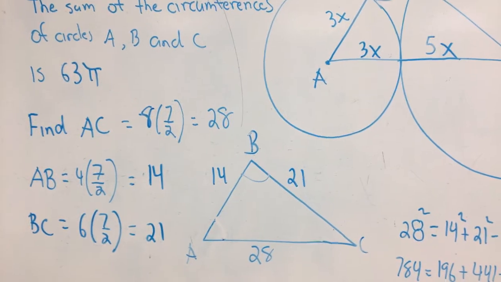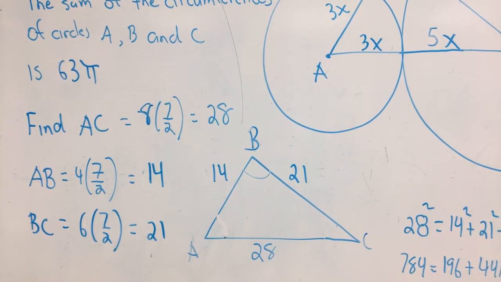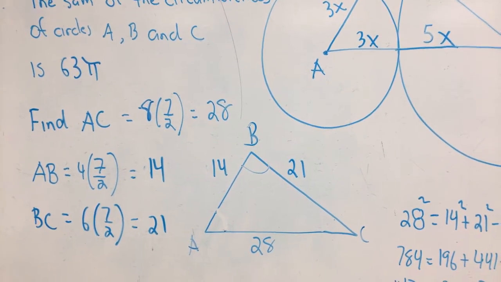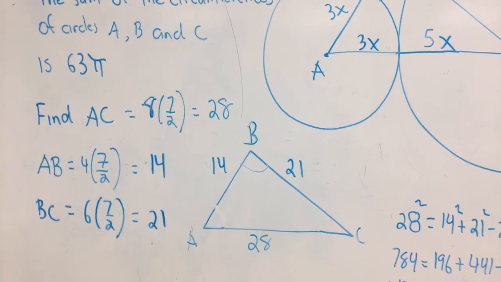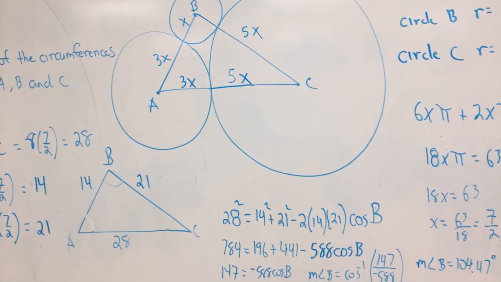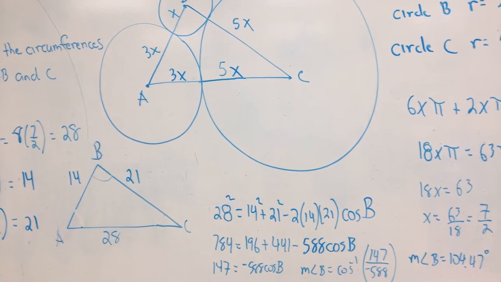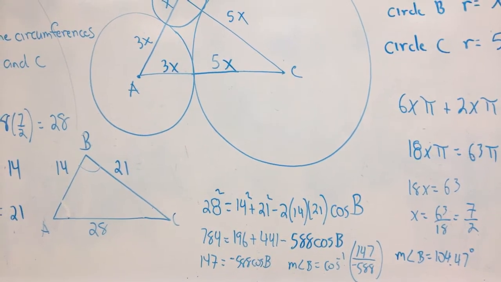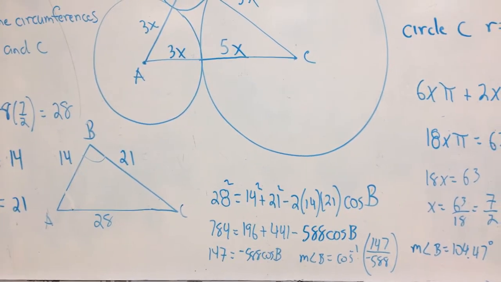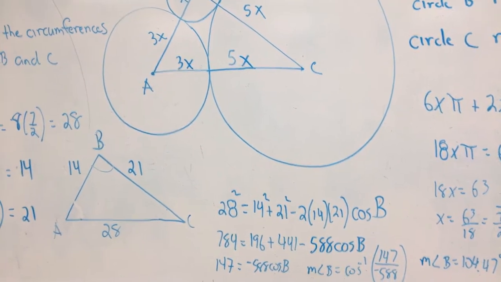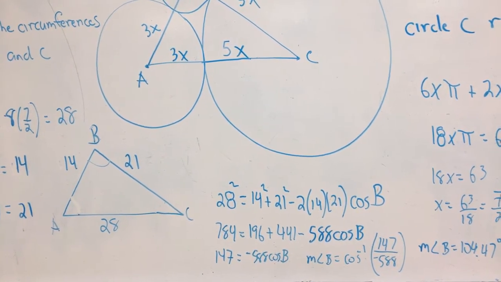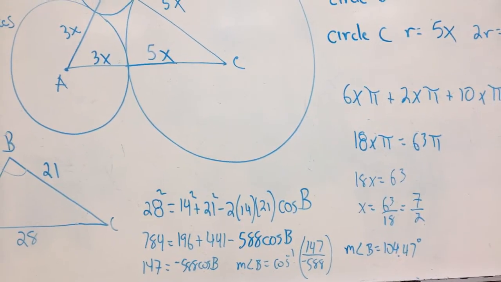All right, so how do you find the measure of an angle? You found the length of the sides of the triangle. All you have is sides, you have no angles. This means the law of cosines is to come into play, all right? I'm going to find the measure of angle B, all right? So the law of cosines says that b squared is equal to a squared plus c squared minus 2ac cosine B, okay? So I plugged the numbers in there, I did my squares, and it comes down to the measure of angle B is equal to the arc cosine, or the inverse cosine, of 147 over negative 588. Okay, you punch out your calculator, and the measure of angle B is 104.47